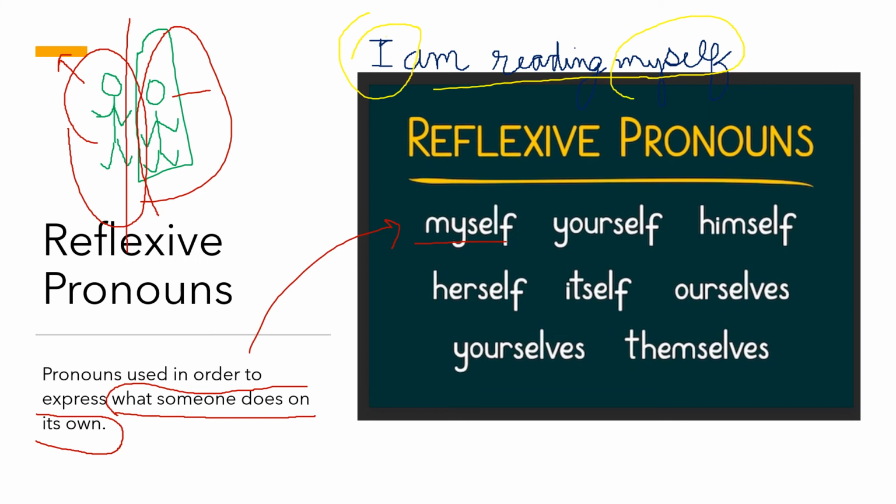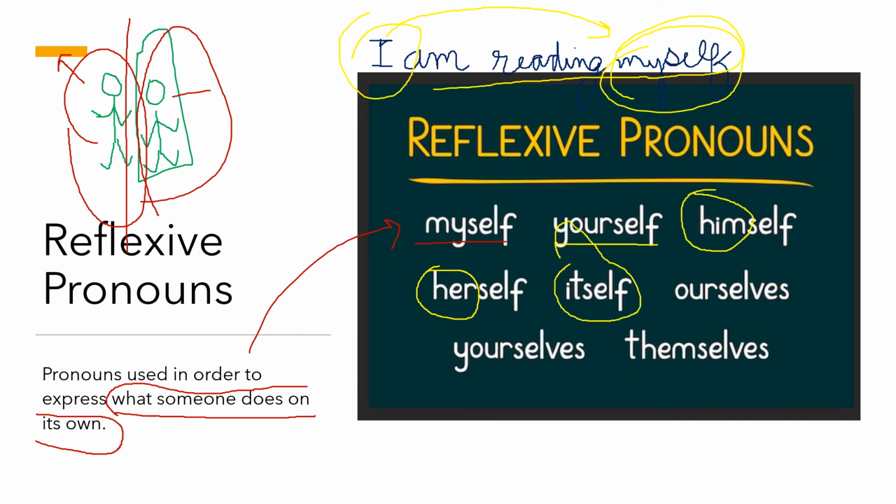Who is reading? I is reading. And how do you know that? Because of the word myself. Do your work yourself. When I shout and say, do your work yourself, that means you have to do your work without anybody's help. And there are himself when I am talking about a boy, herself for a girl, itself when we talk about an animal or an object,